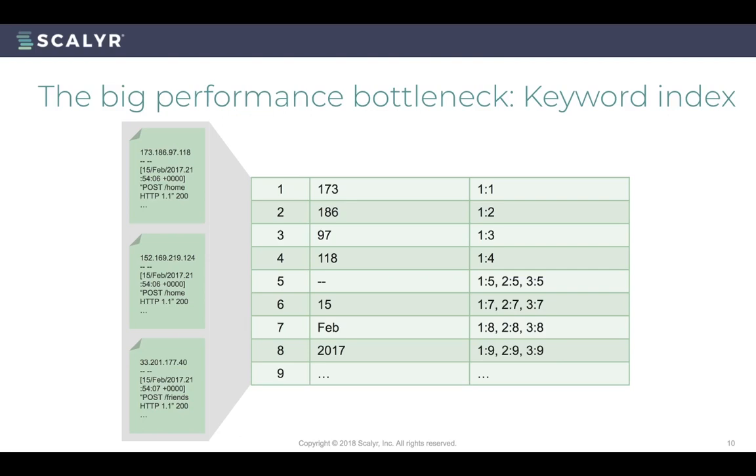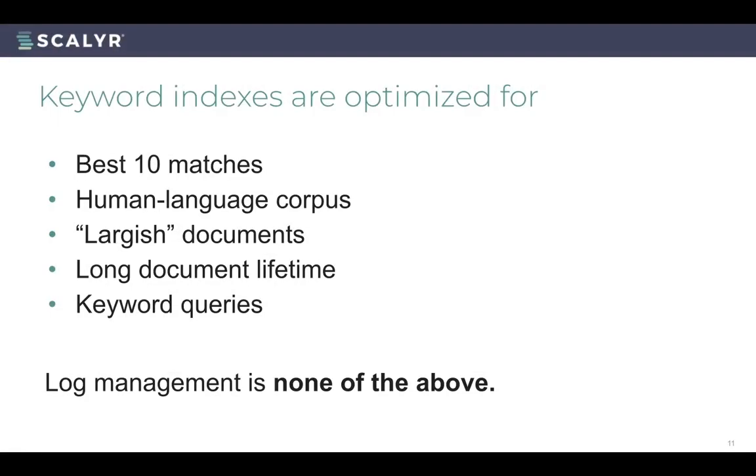We looked at our competitors who are all using a keyword index-based solution. What this does is, as the data is coming in, they build and maintain a keyword index, which can then be used at the time of searching to reference where certain words or tokens appear in the data set. This works great for web search. It works great when you need to show the top 10 matches and when you're working with human language corpus, largest documents. This is great for data that doesn't change really fast, but none of these things really match the